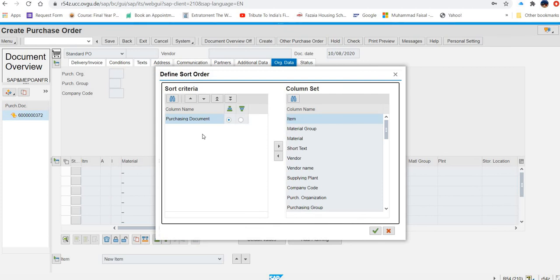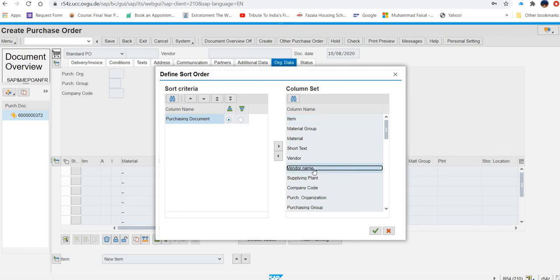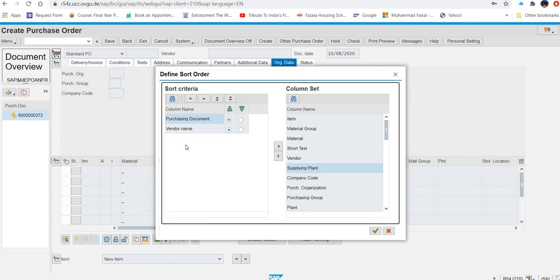With that breakdown structure, what they are saying is select vendor name. So where is the vendor name? Here is the vendor name. Okay. And then sort criteria, and click this to display the vendor name. So you will add it with this. You can see it is added here in the list, vendor name.